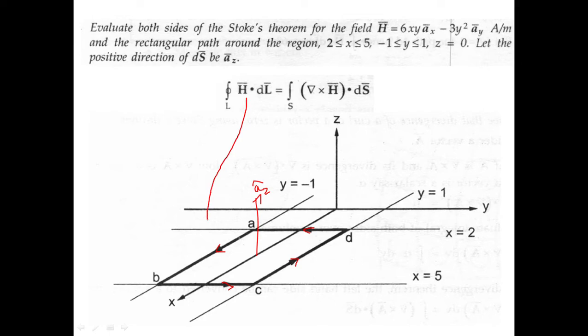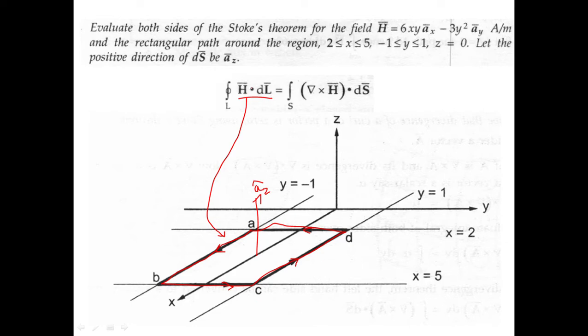Now first we have to prove for this one. How do you prove? How many lines do we have? We have 4 lines, and we have to check what is h vector dot dl vector. If we start from a to b, what will be the dl vector for this one? dl vector will be along y direction, so it will be ay cap. This will be positive ay cap, this will be minus ax cap, and this will be minus ay cap. So you know what the directions are here.